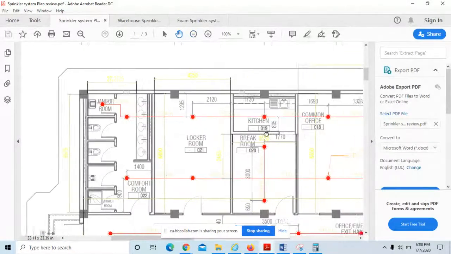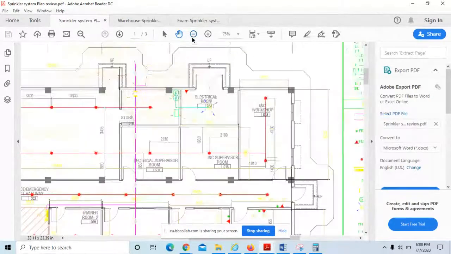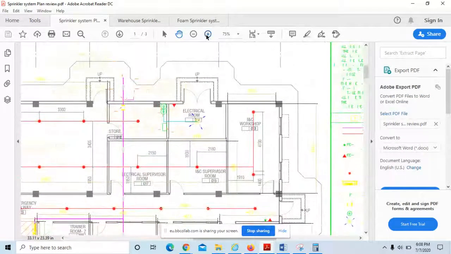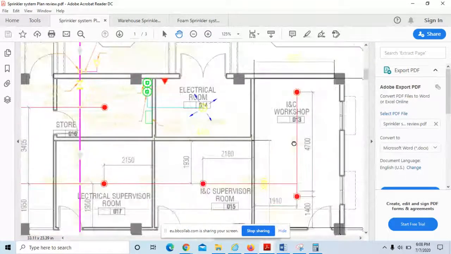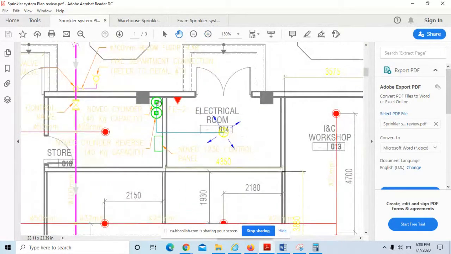Mr. Rabi, there will be a separate drawing, one for the sprinkler, one for the detection, right? No, this is only for the sprinkler system, and the detection system is not interconnected. If we are talking about the sprinkler system plan, we don't have to worry about the detection system. They are already mentioning the electrical room in the other plan. We are just focusing on our sprinkler system at this moment.